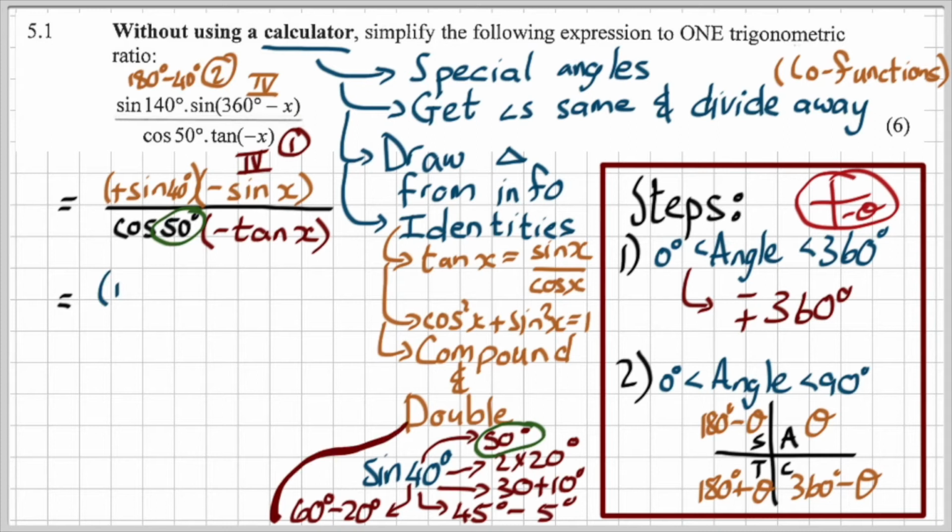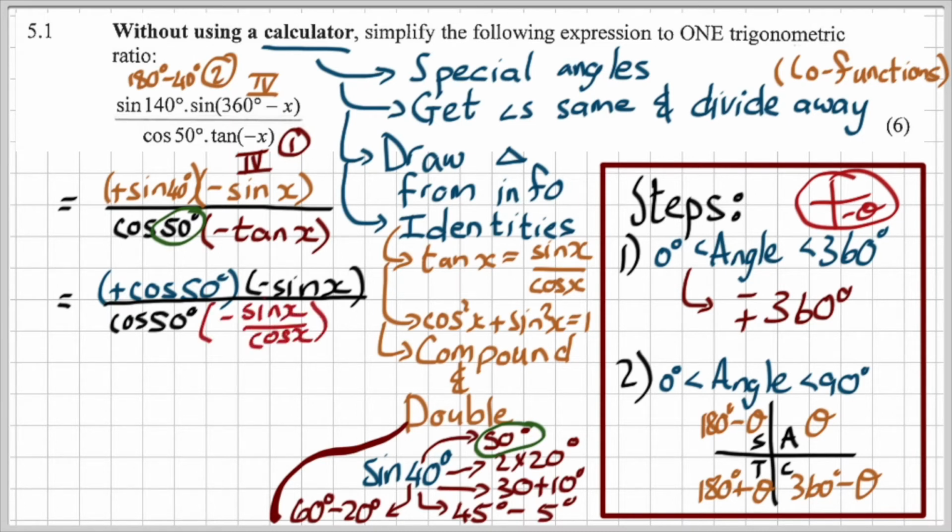So sine of 40 is going to change into cos of 50. I'm going to keep the sin x the same, and I'm going to keep the cos 50 the same. But now, I want to change the tan x. So I'm going to change the tan x into sin x over cos x. I'm just leaving that negative in the front. Leave it there. Don't worry about it. We'll get back to it later on. The beautiful thing is the cos 50s divide away, leaving me with negative sin x divided by negative sin over